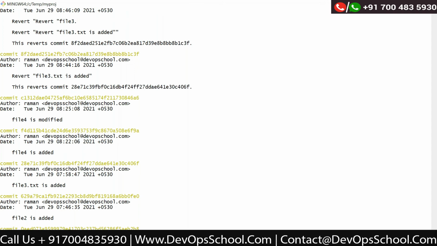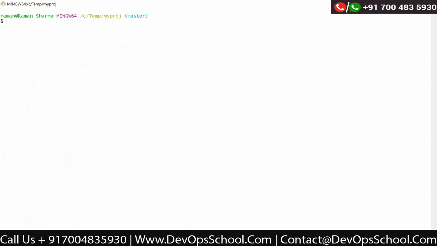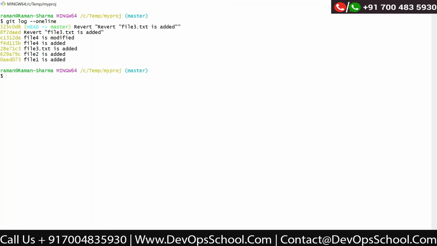For example, if I say git log --oneline, file 4 is modified, right? So you are saying file 4 is added, I want to remove that, right?